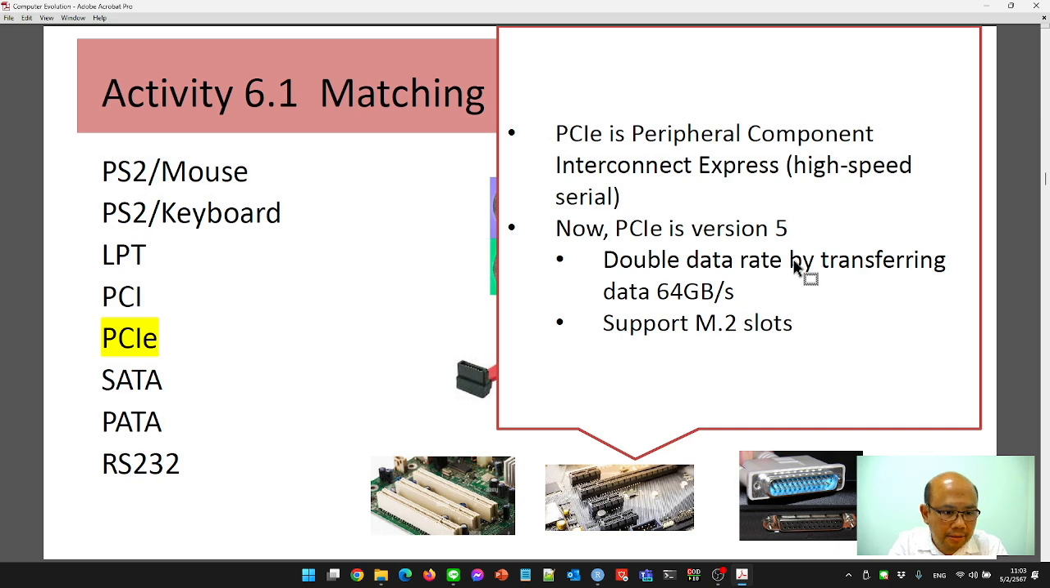Now the last is PCIe. PCIe is Peripheral Component Interconnect Express. This is high-speed communication in serial communications. PCIe version 5 has been announced, transferring data at a maximum of 64 gigabit per second. And PCIe supports the M.2 slot. The M.2 slot is used in